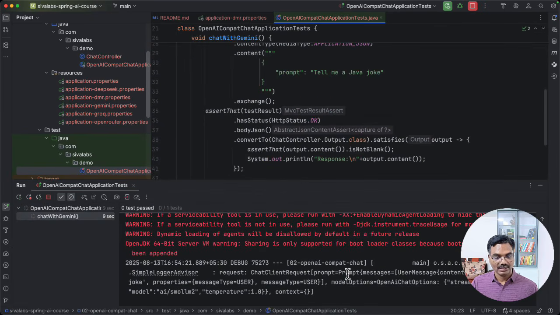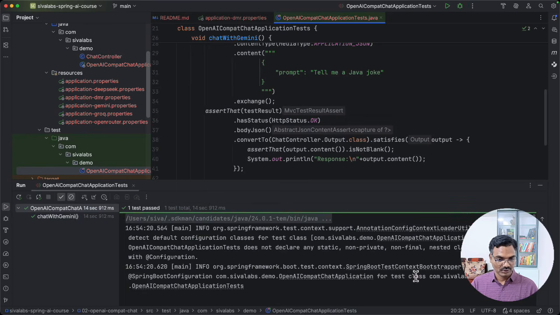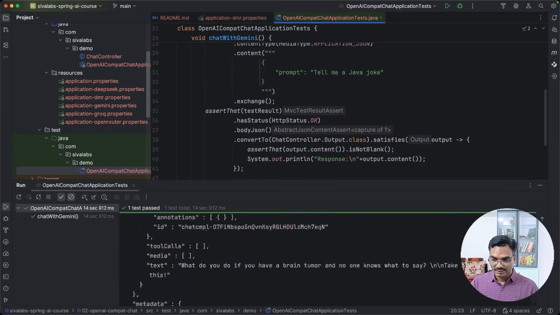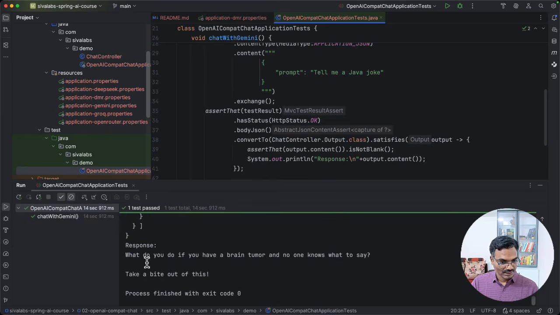So basically you need to have some decent size machine to have the RAM and everything so that these models can run smoothly. If we take a look at the responses,